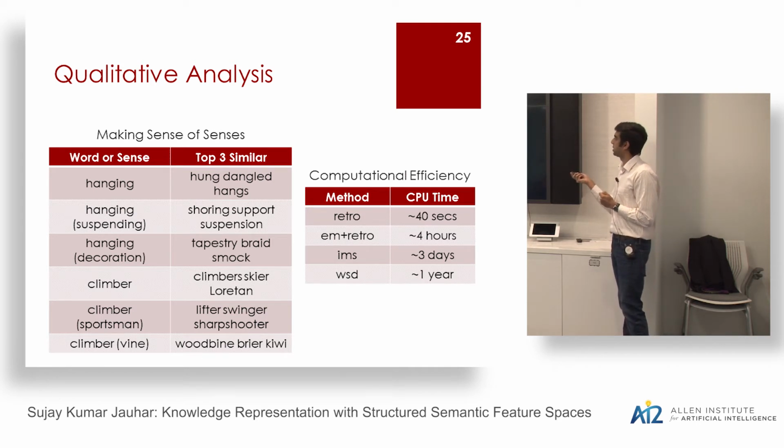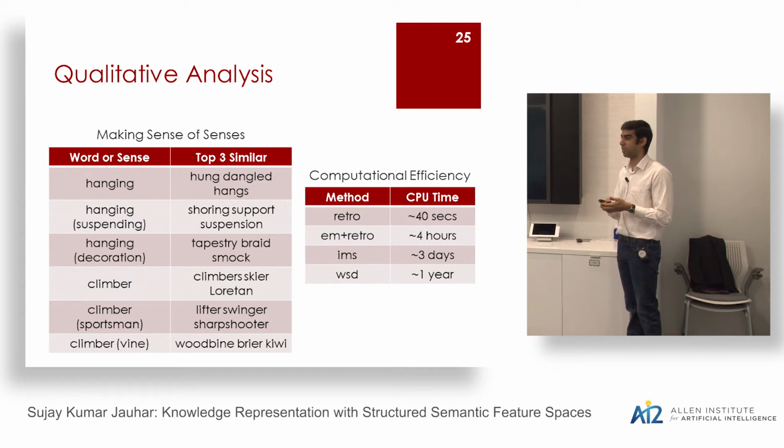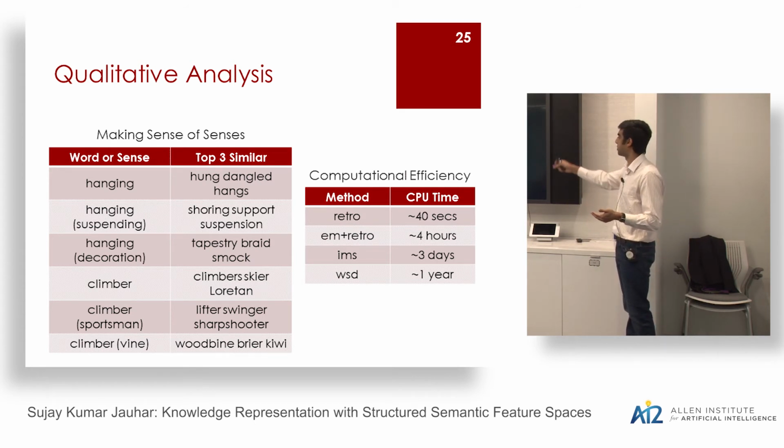Also, in terms of computational efficiency, both the models are pretty efficient. The retrofitting process, as I said, is super fast, can work on pretty much any computer, laptop. Doesn't matter because it deals with the size of the vocabulary, not the corpus. The EM plus retrofitting method, again, just a small extension of the original method. So it's on the order of magnitude of the original maximum likelihood method that you're trying to adapt. So skipgram in this case, approximately 4 hours.